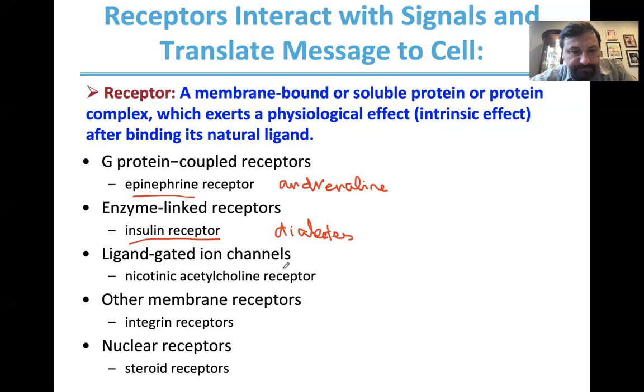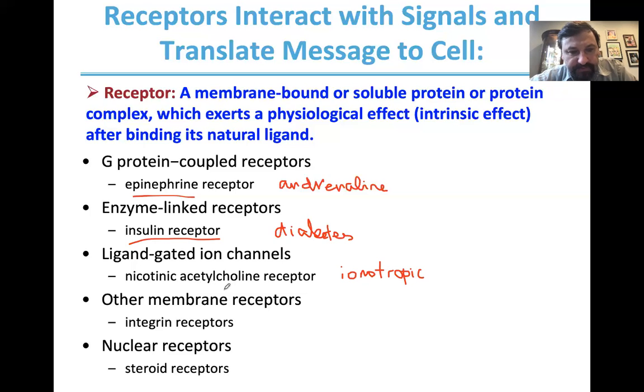All right, so ligand-gated ion channel. So for example, in nerve signal transduction, so you know acetylcholine receptor, found in central nervous system, peripheral nervous system, CNS, PNS, also referred to as ionotropic receptor. And so what happens here,